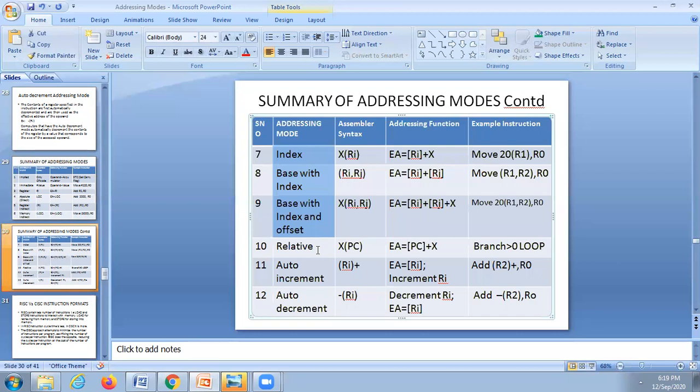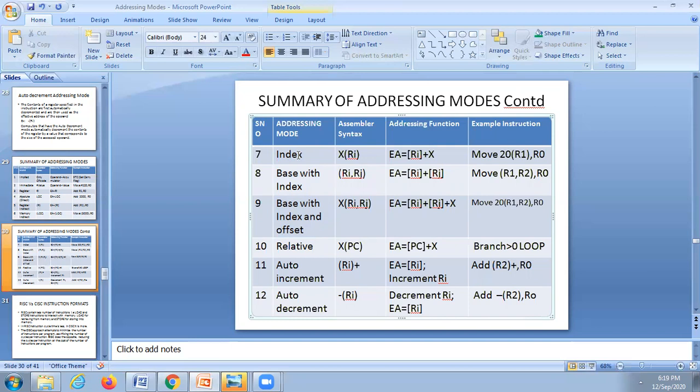If you understand the index addressing mode properly, then all the 4, serial numbers 7, 8, 9 and 10, will be in the same manner.